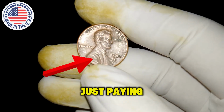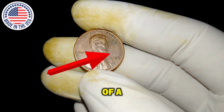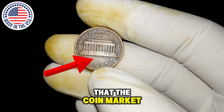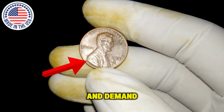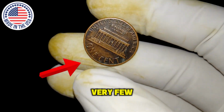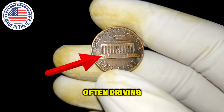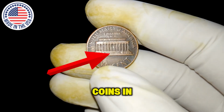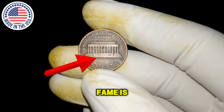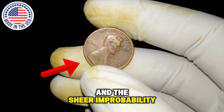Because collectors are not just paying for the rarity but for the story, the history, the undeniable authenticity of a mint era that cannot be replicated. And let's not forget that the coin market operates heavily on supply and demand, meaning if a serious collector or investor wants to own the only known or one of the very few known examples of a specific mint era, they will bid aggressively, often driving prices into the millions, as seen with other coins in US history, and the 1984 1-cent Liberty coin's fame is fueled by auction records, media attention, and the sheer improbability of finding such a